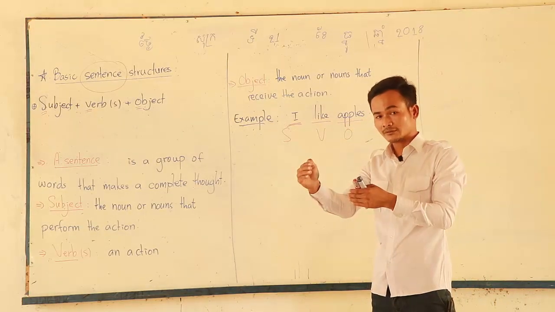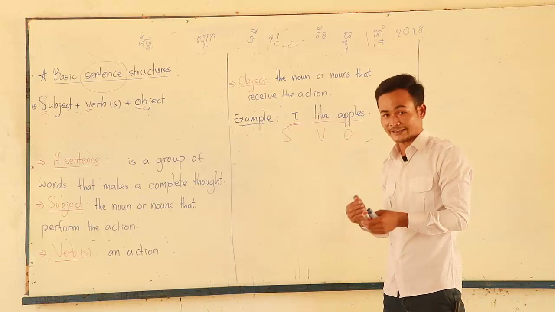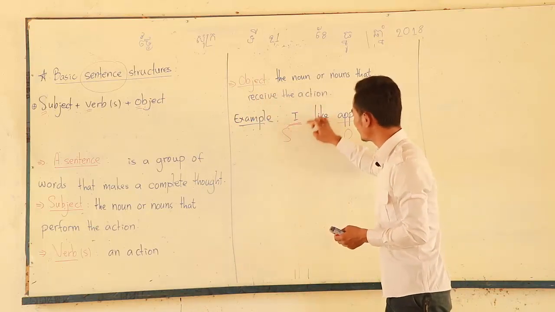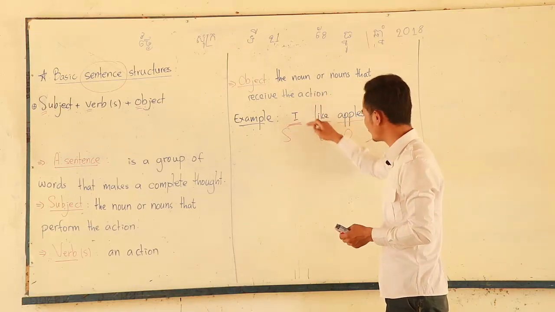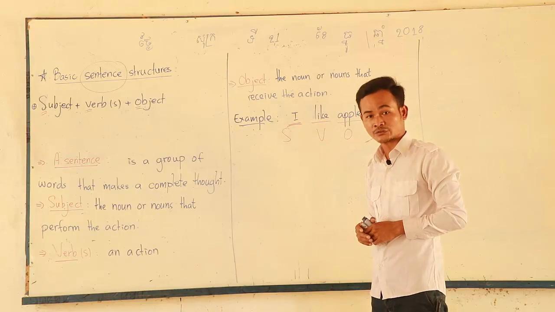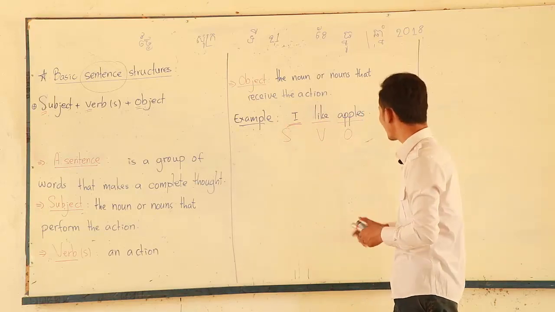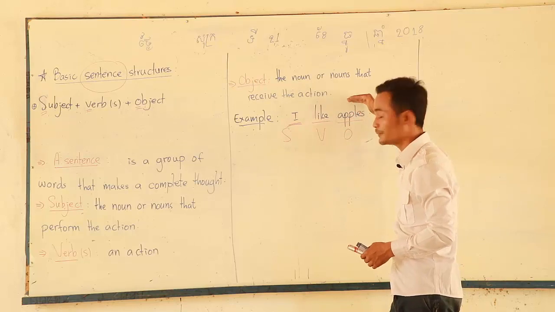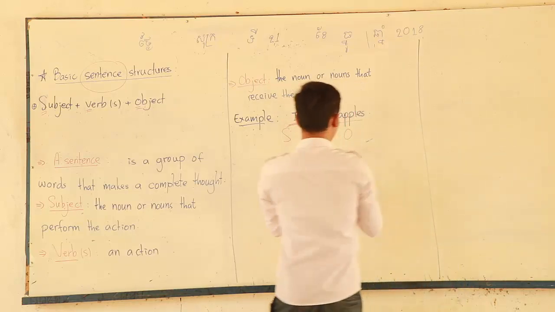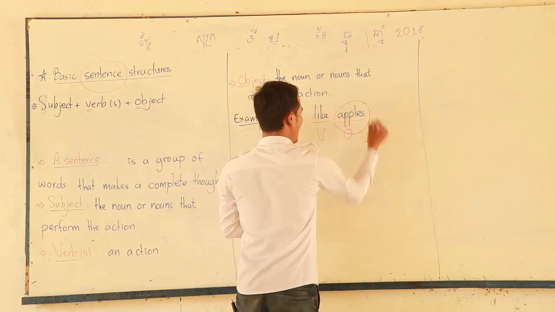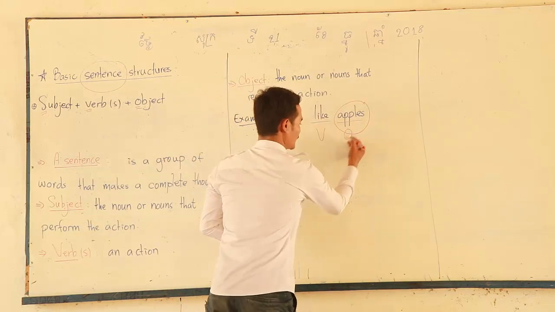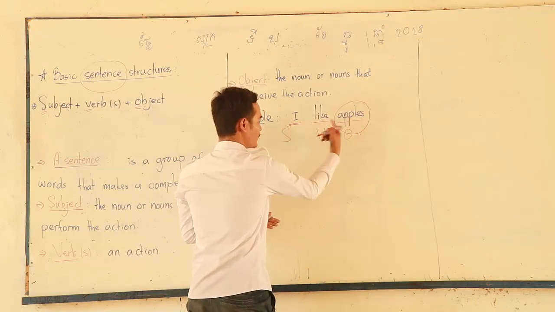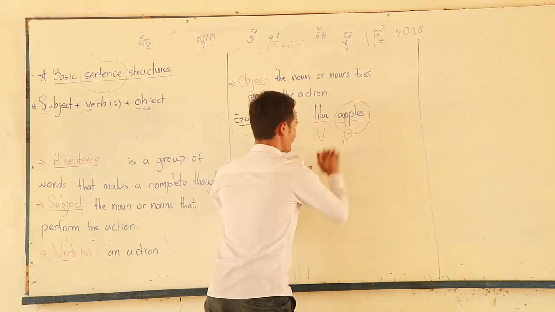To help you understand more about basic sentence structures, we just change the subject or change the verb or change the object to make a new idea, to make a new sentence. Okay, so at the first step, we have to change the object first to make new ideas. Now we change apples to other nouns to get new ideas. Okay, I like apples. So now you can change apple. I like